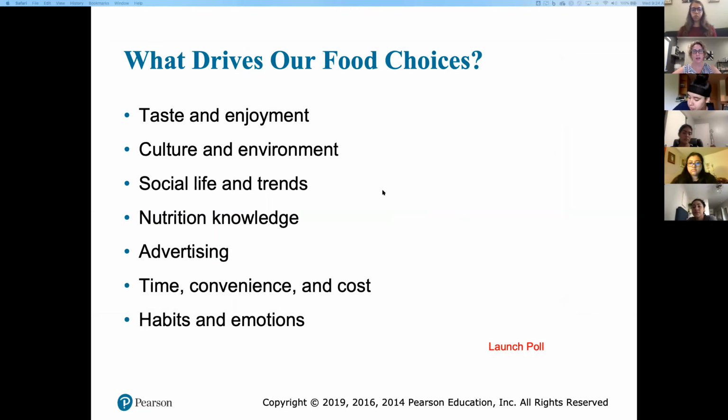Okay, so now looking at that, again, everybody should please thumbs up if you can see what drives our food choices. Okay, thank you. All right, so inside of the chapter, inside of the book, this was the beginning part of the chapter. And this was why I was asking you a little bit about what does nutrition mean to you? And we were starting to look a little bit at nutrition, and is it a food choice, and are these different things?